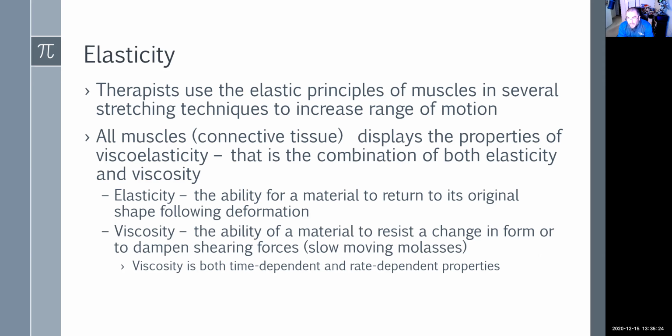Viscosity itself is both time dependent and rate dependent, meaning that there's a certain amount of time of how much it can resist stuff. And there's also rate dependent, how fast something goes. So in your car, right? And I keep relating it back to the car just because the car makes it easy. Viscosity itself is time dependent, meaning that oil has a certain half-life. And you know this, right? Everyone has to change. Okay, for those of you that don't know this, you do have to change the oil in your car, right? Maybe you get it done by the dealership. I'm sorry. Maybe you do it yourself. Congratulations. But over time, that oil is going to break down.